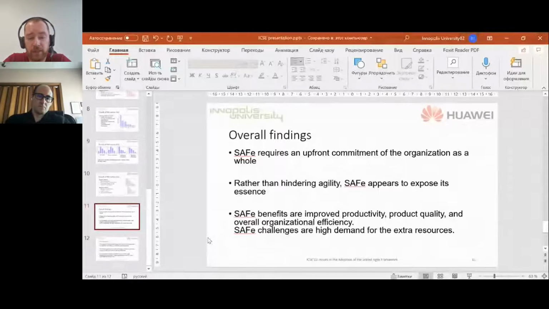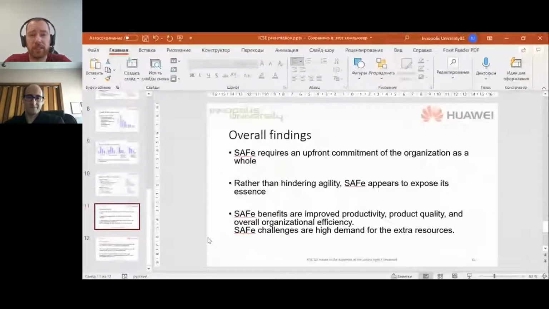And which is more important as a result of our research, the second research question, which is about hindering agility. According to the survey, it seems that SAFe does not hinder agility, but vice versa. It appears to expose its essence as it requires additional commitment and involvement from each party, which in fact is part of any agile culture.